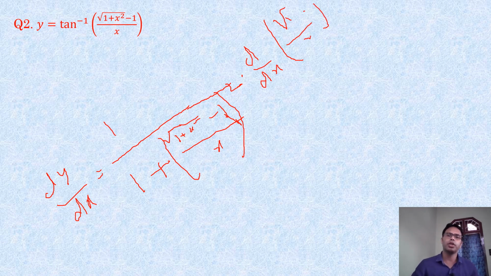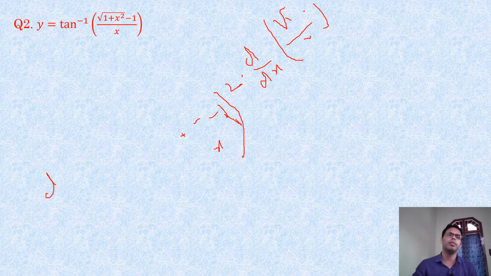But this calculation will be very tough, because d/dx of root over 1 plus x square minus 1 divided by x, the root over function derivative in the numerator 1 by 2 root over, that means the calculation will be very heavy. So we should not use that method here. I am erasing this. We should not use the method here. You can use it, but it will be much tougher than the method I am going to use now,